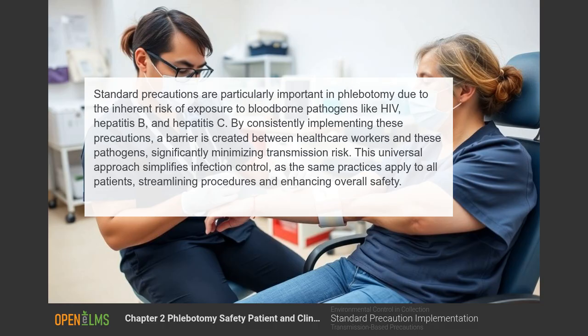Standard precautions are particularly important in phlebotomy due to the inherent risk of exposure to blood-borne pathogens like HIV, hepatitis B, and hepatitis C. By consistently implementing these precautions, a barrier is created between healthcare workers and these pathogens, significantly minimizing transmission risk. This universal